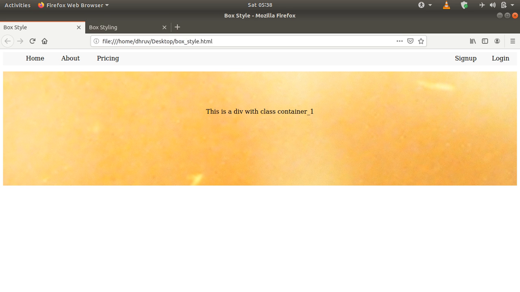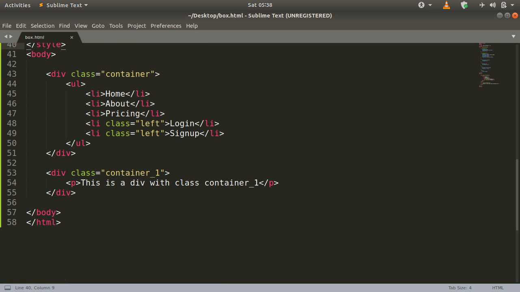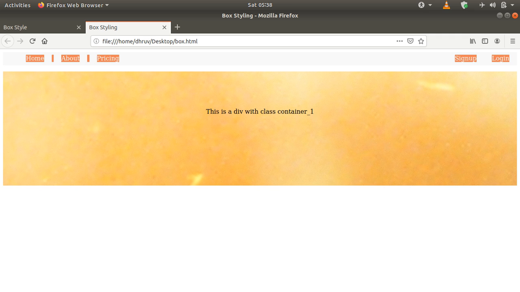You can see that it appears exactly as we have discussed about the web page in the beginning. So what changes you can do here is you can change this li to the anchor text. You can add the anchor element inside of this li, and you can set the hyper reference to some different pages. You can design that on your own. So that was all for the basic box styling methods, box styling properties.